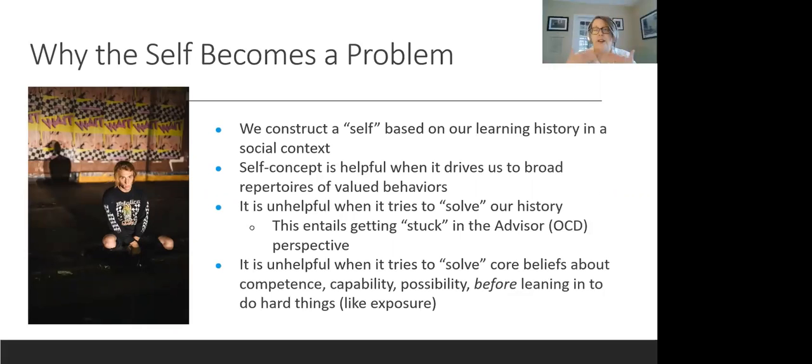So we construct our idea of who we are based on our learning histories in a social context. I learn who I am because when I'm a little kid, I notice other people around me and I start to think, well, I'm short because so-and-so is tall. I am a cis female because he's a cis male, or whatever, etc. And we derive our sense of self from our social context. And we get an idea of who we are. I'm a psychologist. I'm a mom. I like to do some writing. I'm a little bit airheaded sometimes.